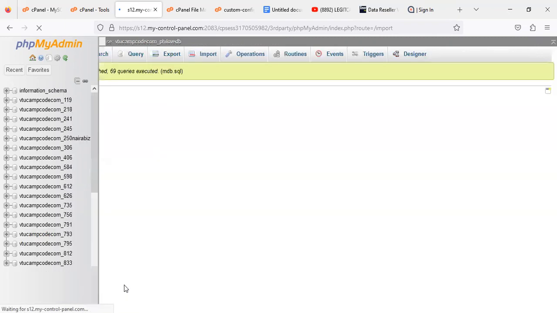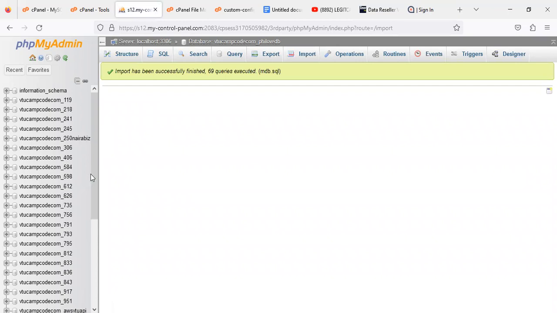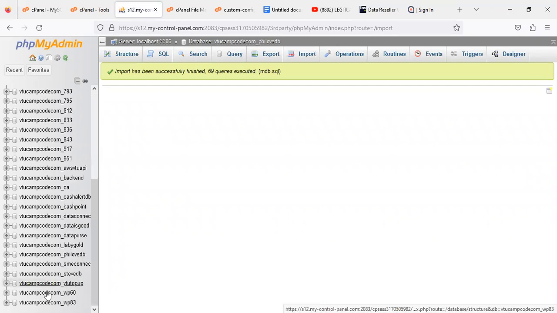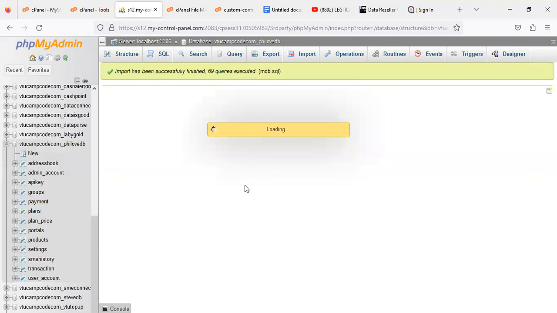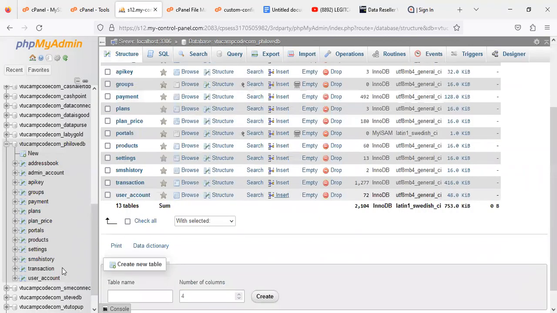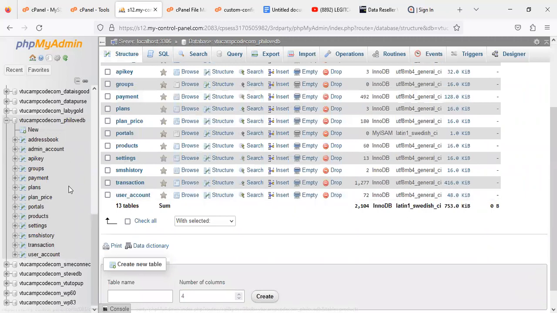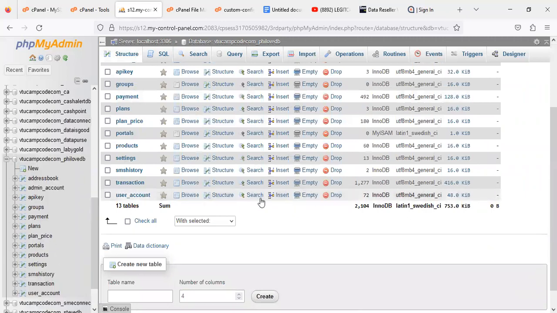You can see that it has been imported. The database is imported, and everything is imported, as you can see live and direct. Let me click below to be very sure of what we are doing. You can see that everything is imported. So this is it, guys. And now the next thing we are going to do is